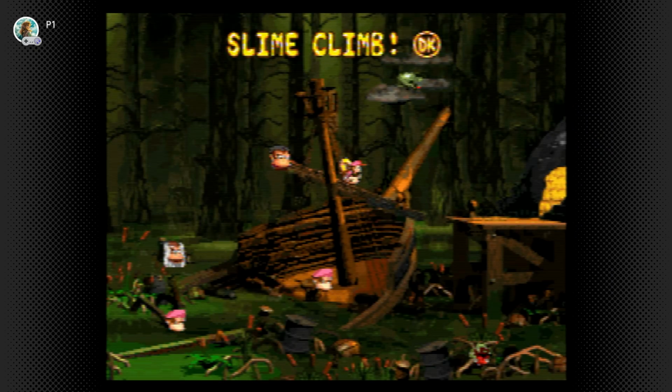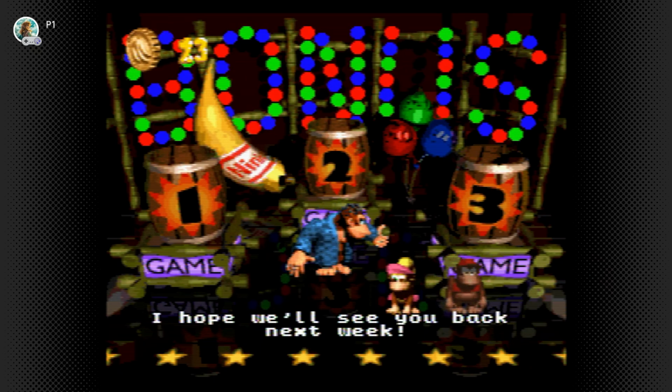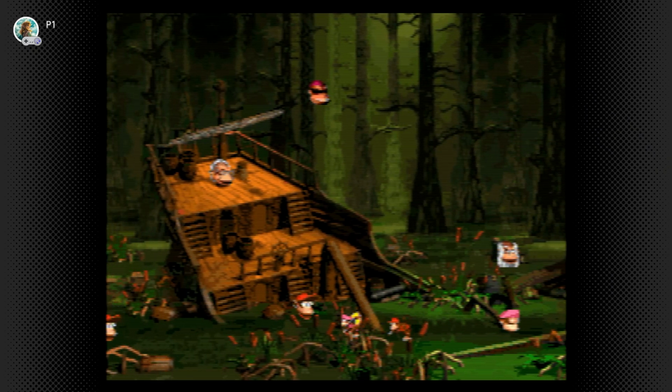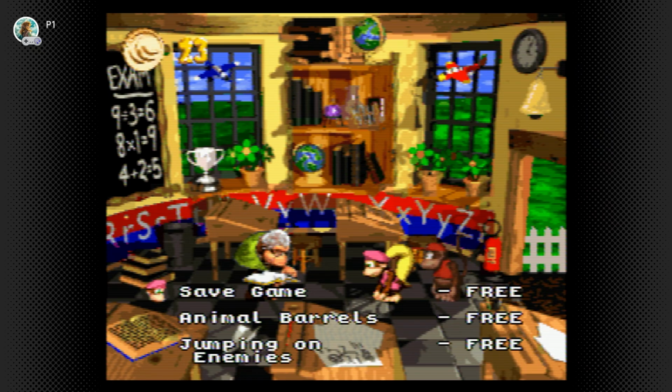I'm very shocked at how well that level went, but yeah, let's go on ahead and enter Swanky's bonus bonanza for a second. I don't remember if I did that before the level. And we will save at Wrinkly to end off for today, where we're gonna leave Bramble Blast for next time, which, yeah, next time we're just gonna jump straight into Stickerbush Symphony, so